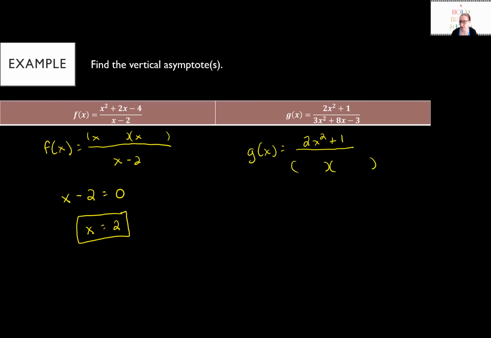So to multiply to 3x squared, I know I need a 3x and an x. And then I need, on the last parts, I need to multiply to a minus 3. So that's going to be just a 1 times 3. And then I have to get the right combination. I have an opposite, a positive and a negative. So if I put it in this order as 3x minus 1 and x plus 3,